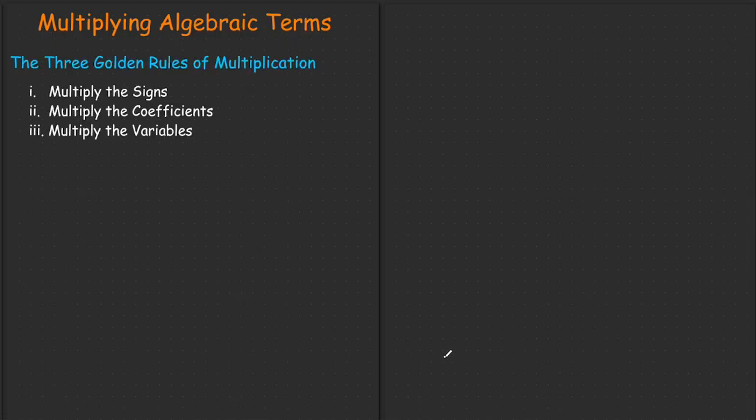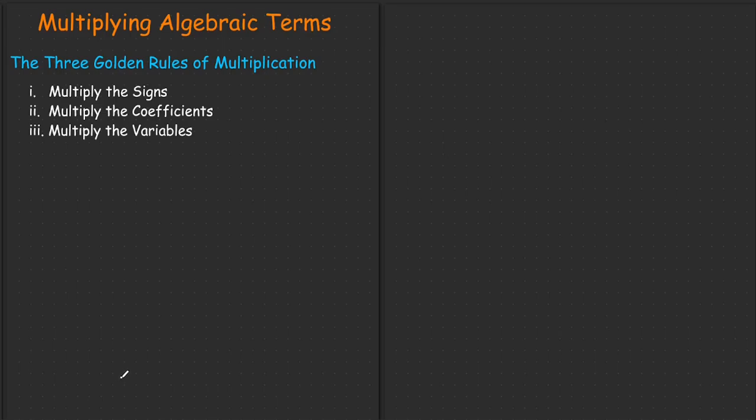Now, before we get straight into some examples, let's look at the 3 golden rules of multiplying algebraic expressions. First of all, we need to multiply the signs. When I talk of multiplying the signs, what do we mean? It simply means if you have algebraic expressions that have signs in front of them, before you would have to